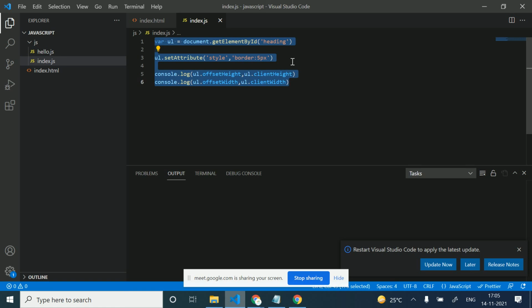We have a lot of events in that, like the click event, mouse over, mouse out, key press, key event as well. Mostly we use the click event in our development, and we also use the submit event. And the blur event, if you are aware of development, is when we click somewhere outside the element. So let's check how we can apply this.